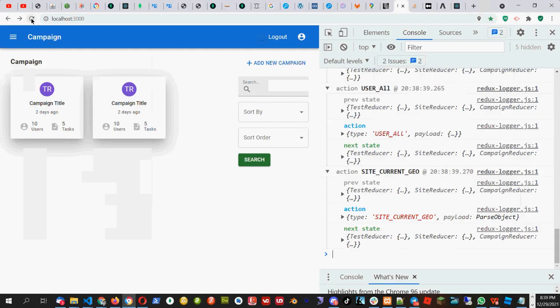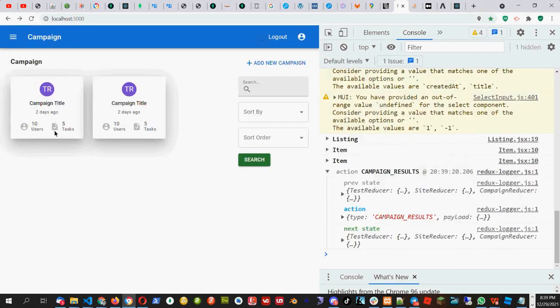So let me see how it looks now. Since two records are coming, I can see two links here, but the information is not right because we need to update the information on that page.